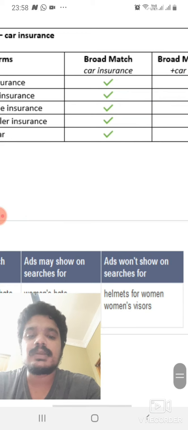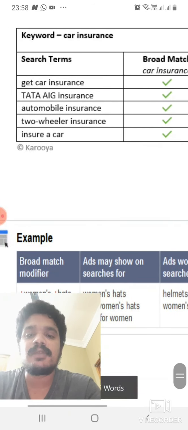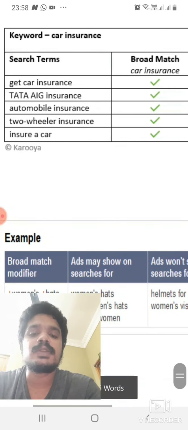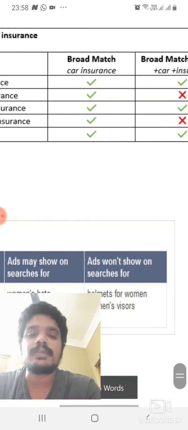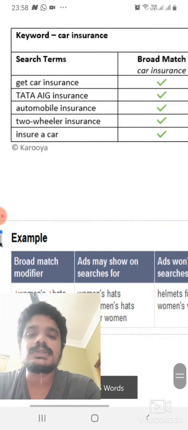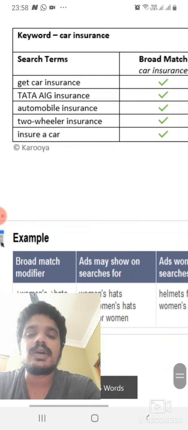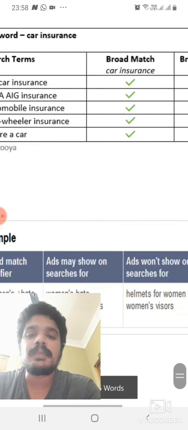Like that, the broad match modifier will save our budget if a person types non-relevant keywords. It will not be shown to them. In broad match, if a person searches with a non-relevant keyword, it will also show to that person.